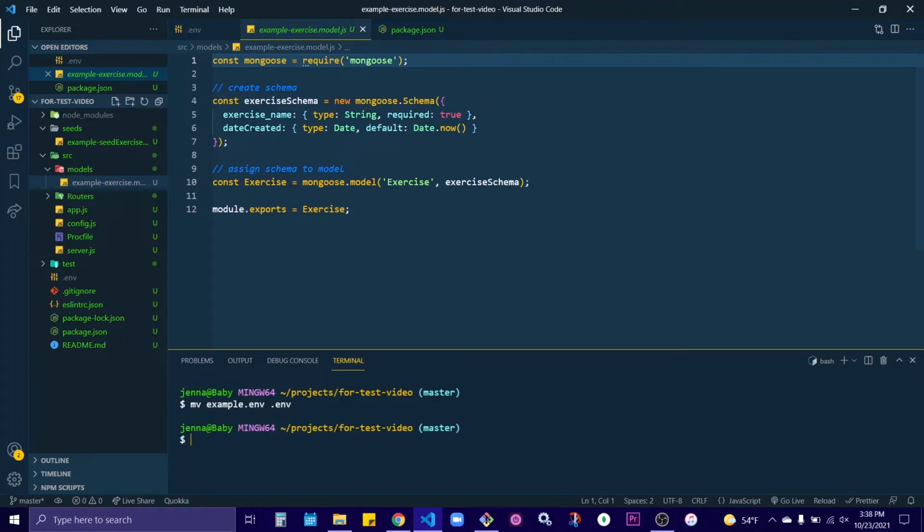This schema only has two. If you're from SQL, you could think of it as columns. But essentially, if it's MongoDB that we're working with, it's just key value pairs. So we have an exercise name and we have a date created. And then we have some specifics here and what we would expect. So if someone tries to put an object in here, that's not going to work. And then we have whether or not it's required, because obviously if there's no exercise name, it'll be really hard to find it. And then the date created, which is obviously a date type,